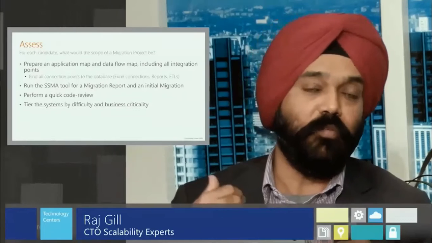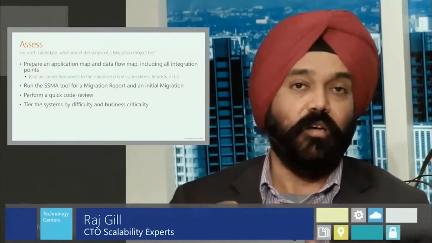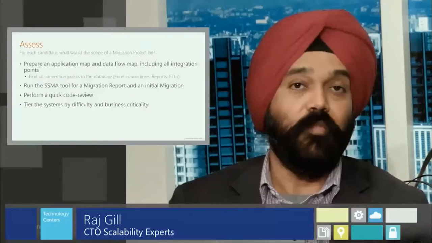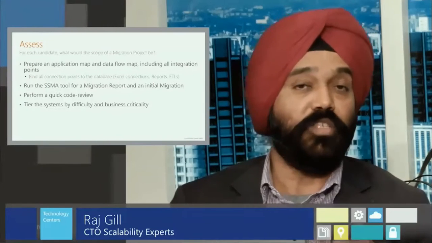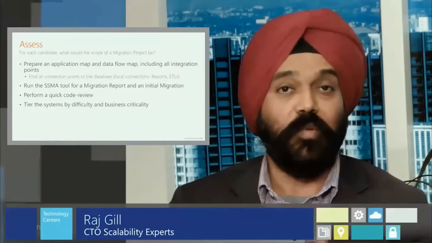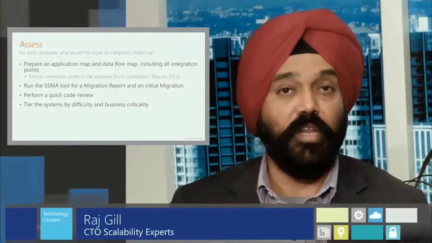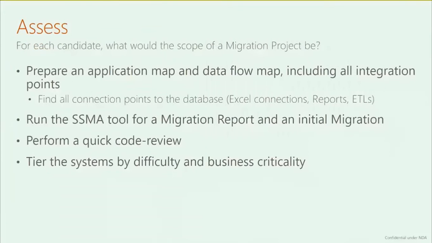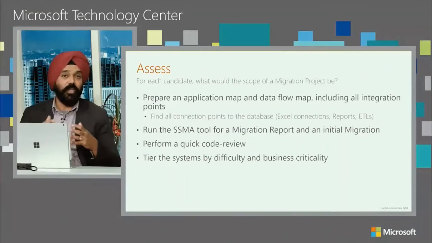So typically when we look at applications, it's very important to do a code review, for example, and make sure that we understand all of the different aspects of the application in the middle tier that needs to be converted, and also we can rank the application and the Oracle database from a complexity point of view. And the SSMA tool, which again we're going to talk about a little bit more, is very handy because it automates a lot of the